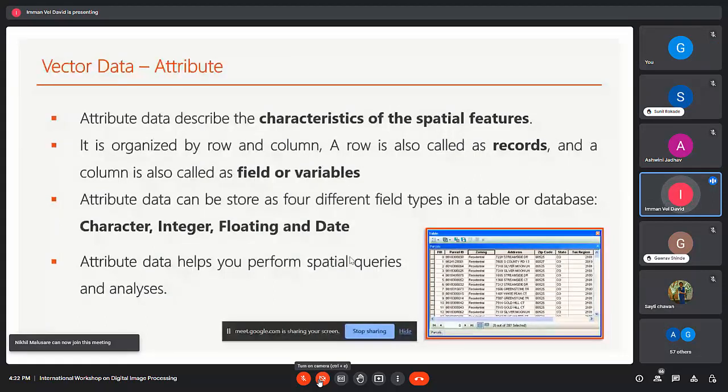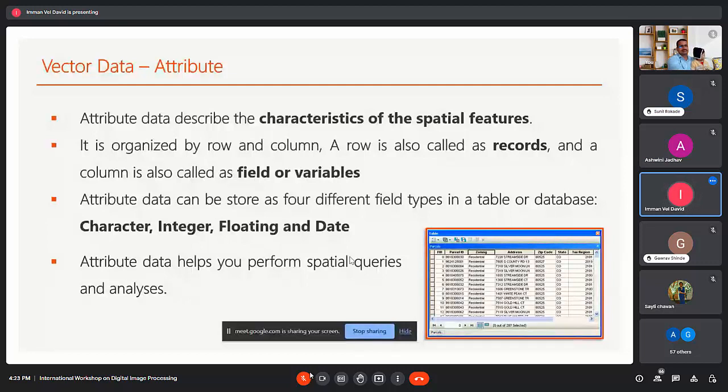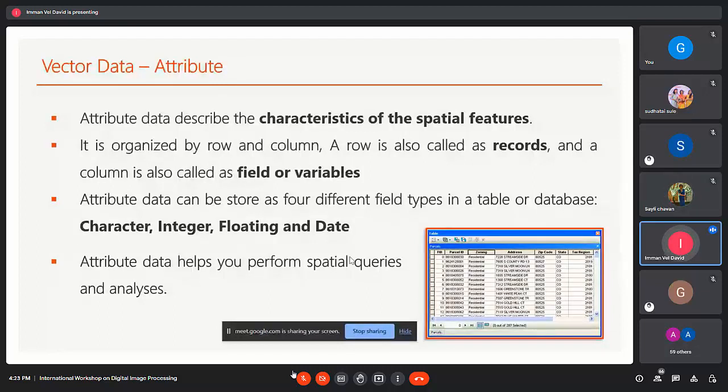For example, if you are going to digitize trees in a point file, every record is registered with an object ID as a row. The columns are also called fields or variables. Each field or variable describes the spatial features in terms of quality and quantity.